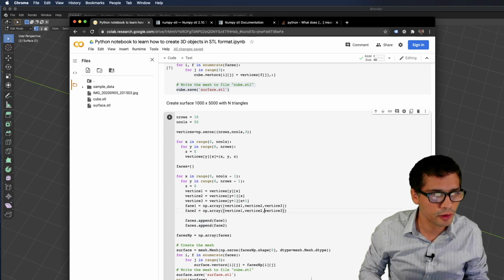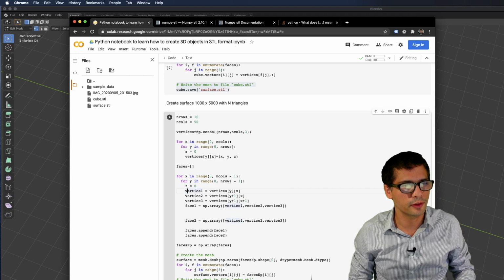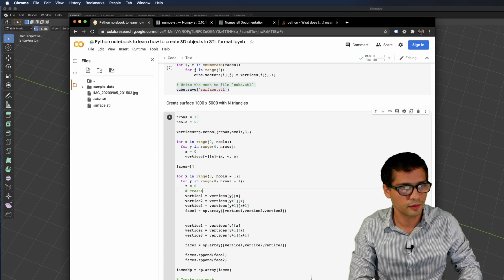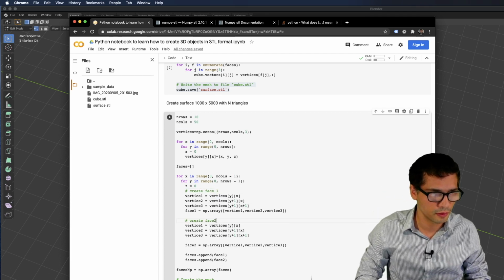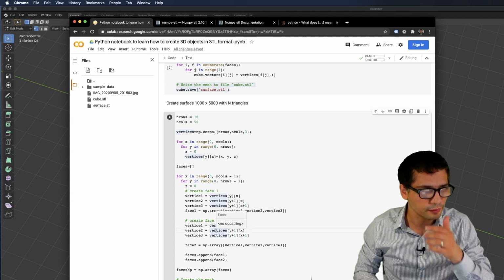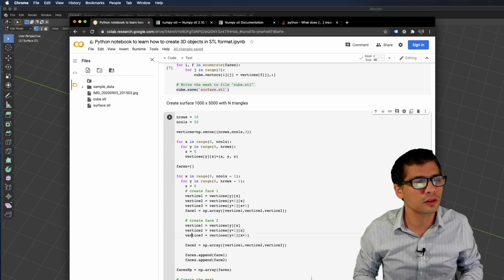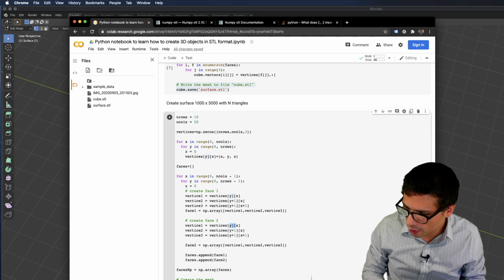So face 2 is going to be a bit different. So I'm going to define the vertices again. Create face 1, create face 2. Okay. Right. So the first vertex should be the same, right?